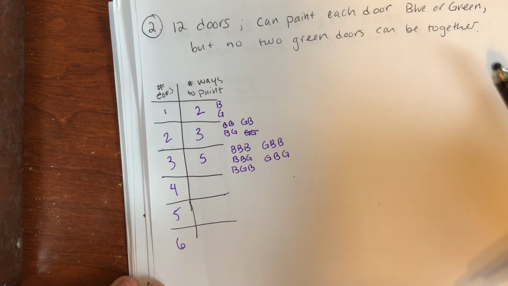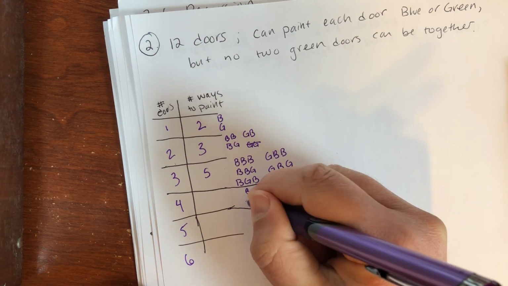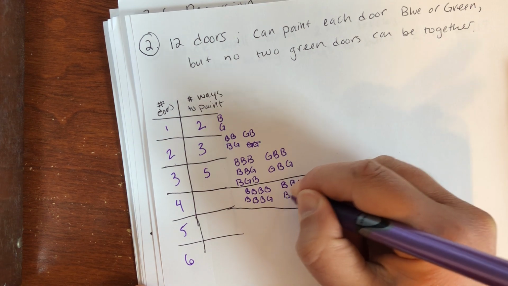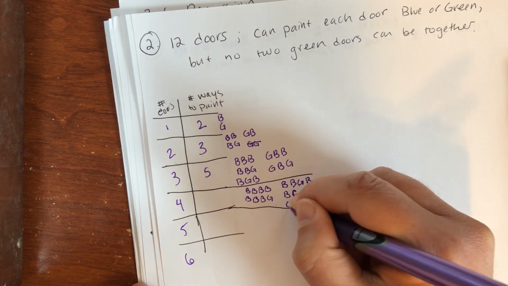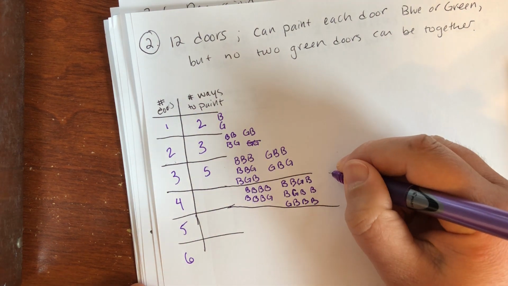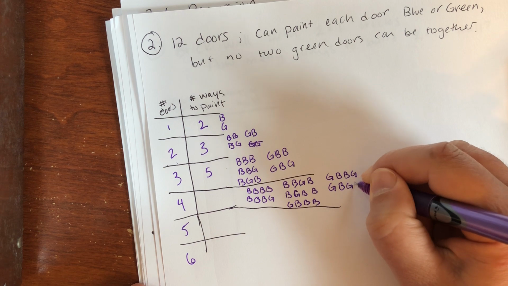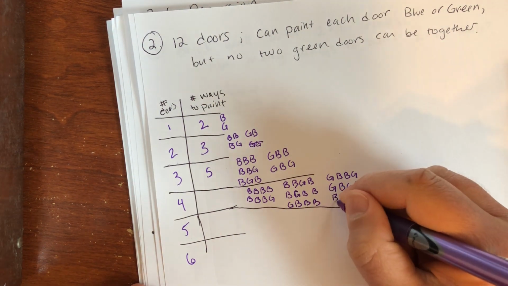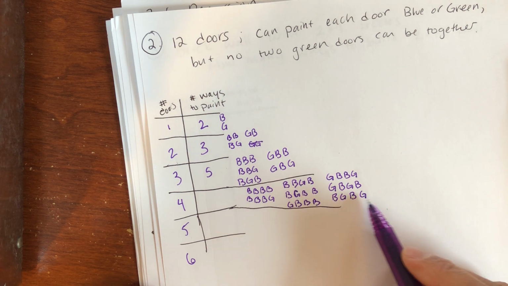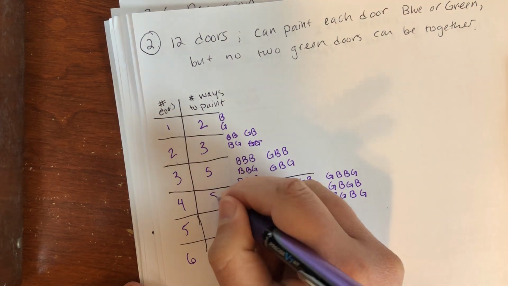And for the 4 case, let's just list out the 4 case and then hopefully go from there. If we have 4 doors, they could all be blue. Or you could do blue, blue, blue, green, blue, blue, green, blue, blue, green, blue, blue, or green, blue, blue, blue. So this is a way of using all blue or using 1 green. If we were to use 2 green doors, we'd have to keep them separate. So you could have green, blue, blue, green, or you could have green, blue, green, blue, or you could have blue, green, blue, green. But those are the only options because they have to be separated by a blue door and you couldn't have 3 green doors, otherwise there would necessarily be 2 together. So in total we have 1, 2, 3, 4, 5, 6, 7, 8,